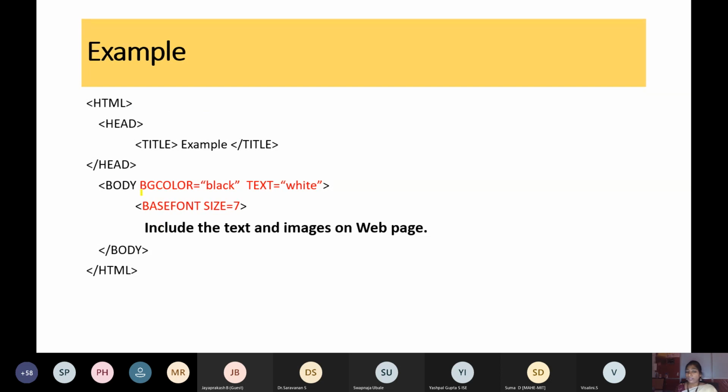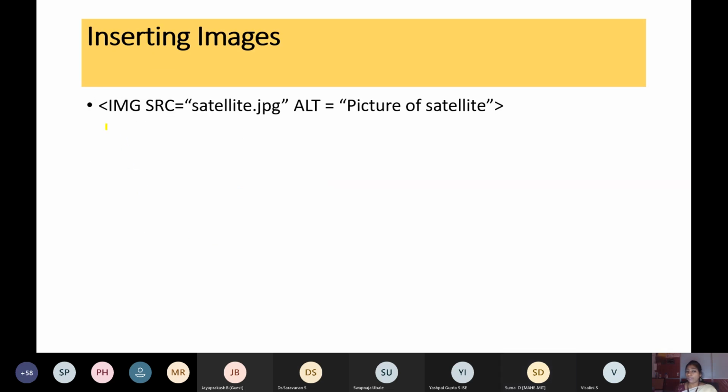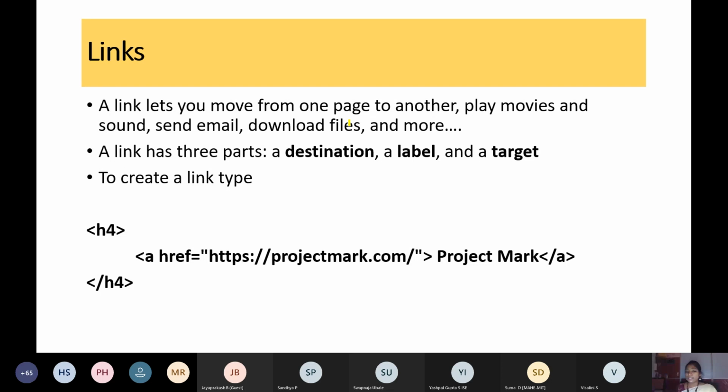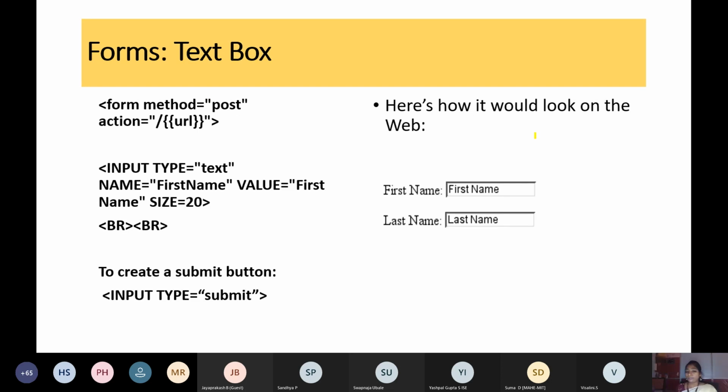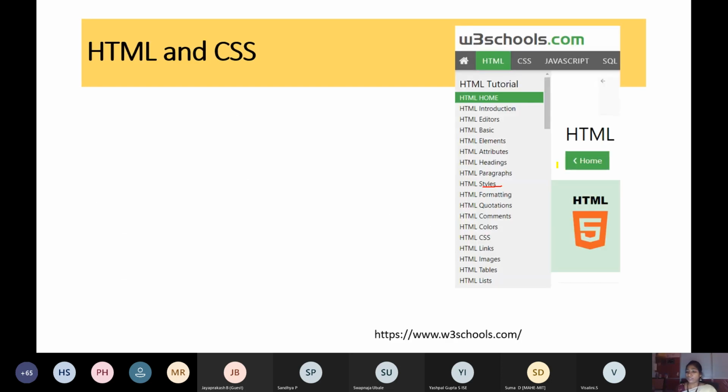You can bring in colors. So bgcolor is background color. You can include images. All of this is available. For the image, you can give the source, the location of the source, and a hyperlink you can create, and a hand symbol will be shown and the value will be displayed over there. So these are some details of hypertext markup language.